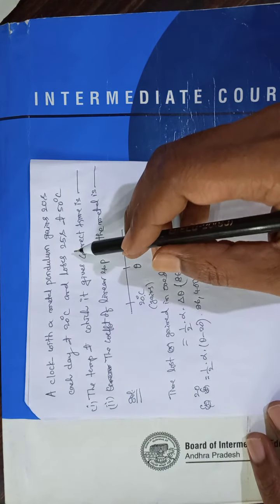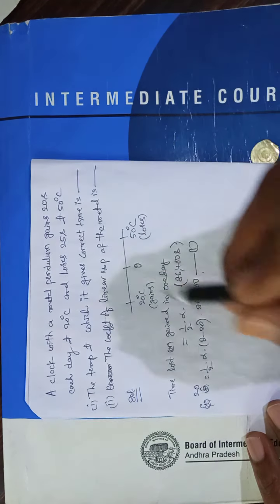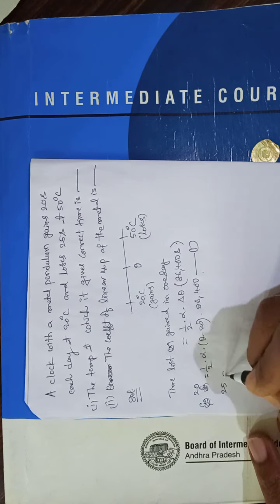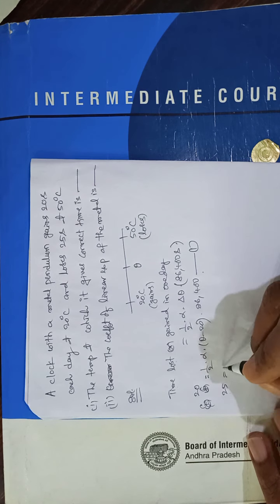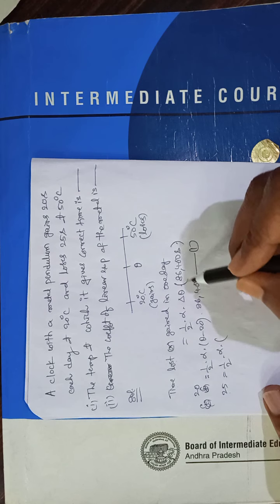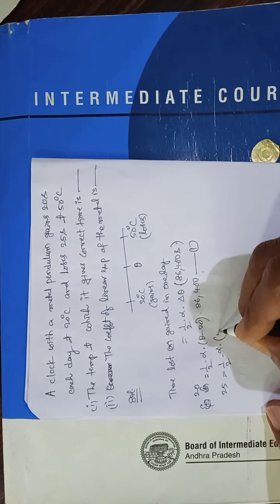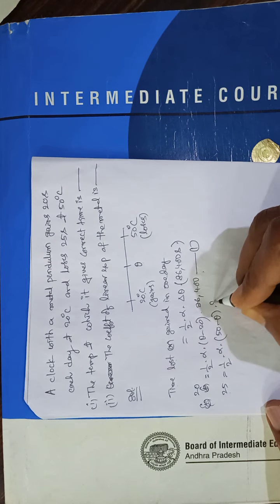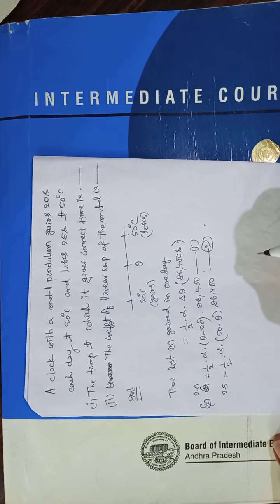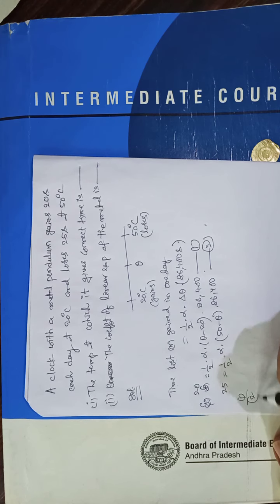Next, it loses 25 seconds at 50 degrees centigrade. Time lost 25 seconds. Temperature difference here is 50 minus theta. Second equation. Now first equation divided by second equation gives